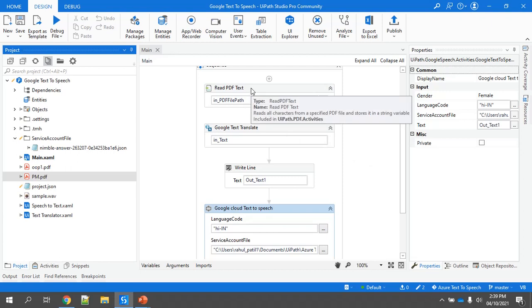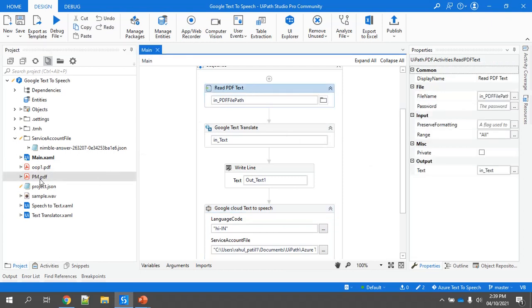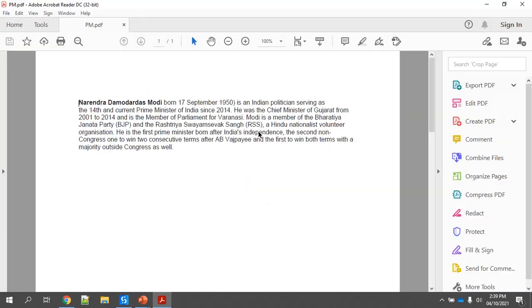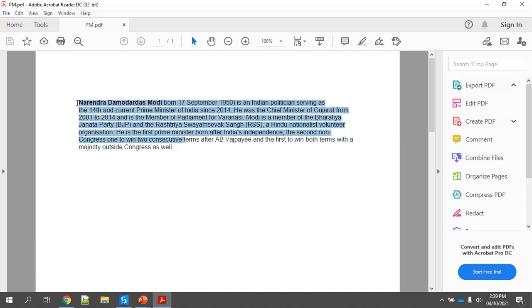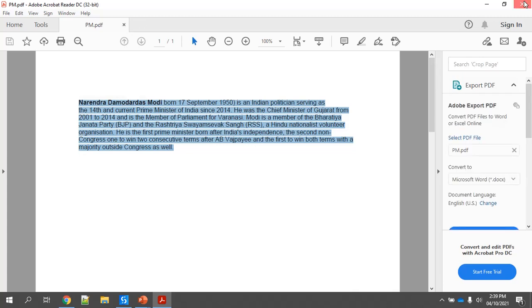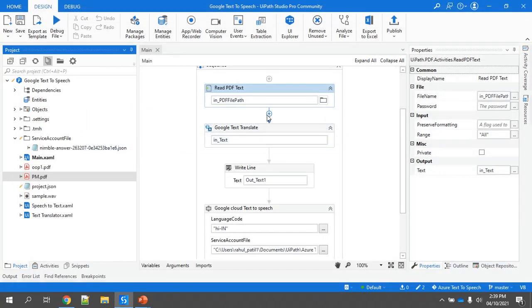Now I have used the Read PDF Text activity. Why? Because we have to read the PDF. Now this is our PDF. This is a simple PDF, I can say, and I have provided some sample content in this PDF. So this is the PDF that we are going to use as an input.